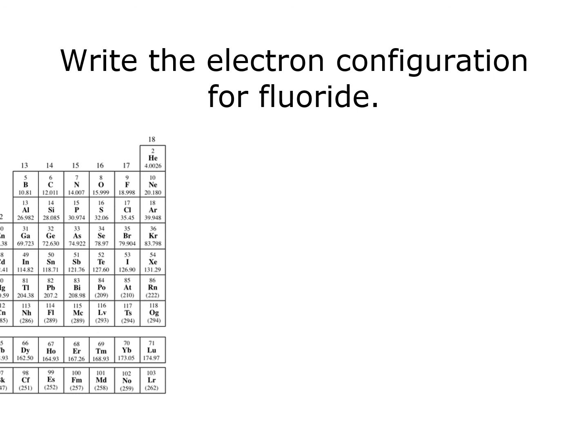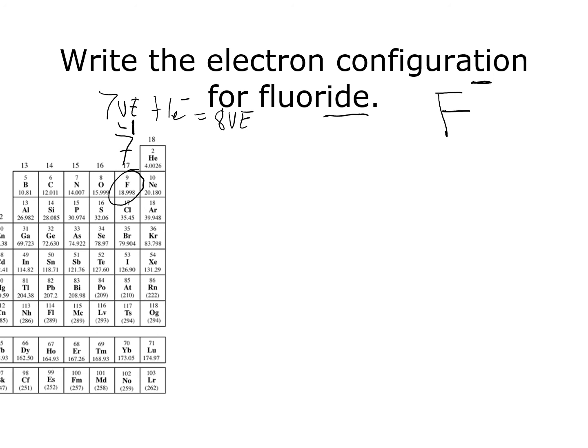Write the electron configuration for fluoride. So the ending is "ide", so that tells us we have an anion. So we're going to write the ion symbol, F, for fluorine. And fluorine is located right here, number 9 on our periodic table. It's in column 7, so it has 7 valence electrons. Based on the octet rule, it wants to have 8 valence electrons, so it's going to gain 1 electron to have a total of 8 valence electrons. So all of our elements in column 7 are going to form a -1 charge. So the symbol for fluoride is